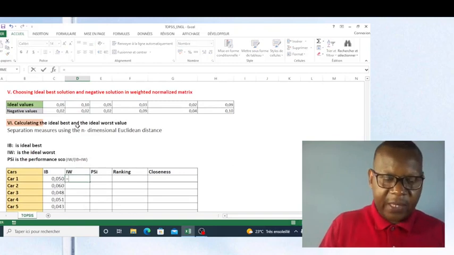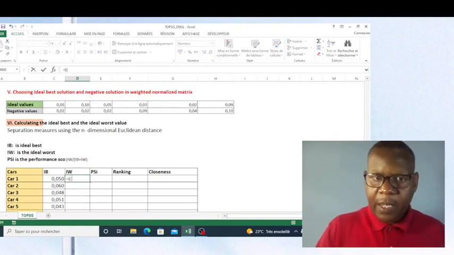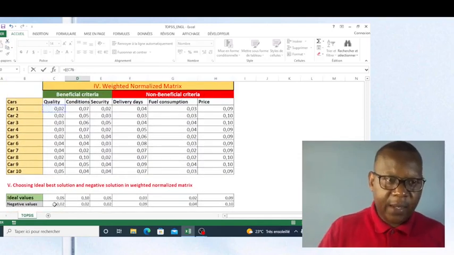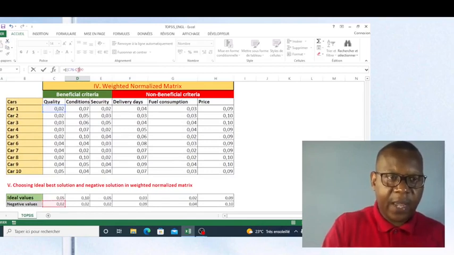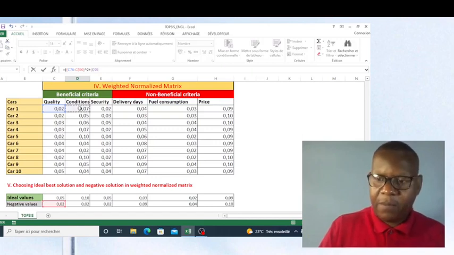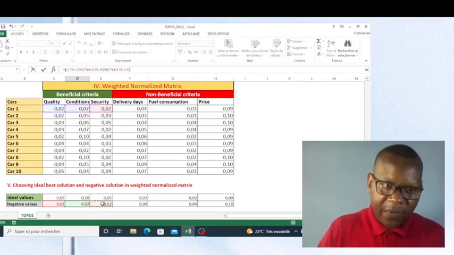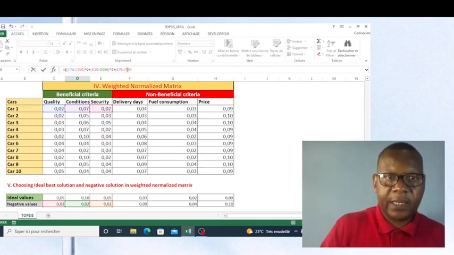Okay, friends, we go. I press enter, I open parentheses. I take this value minus this one, but I have to fix this value like this, to the power of 2, like this, plus I open the parentheses, this value minus this one, which I have to fix like this, to the power of 2, like this, plus this parenthesis, this value minus this one, worst value, negative value, but I have to fix it like this, raised to the power of 2,